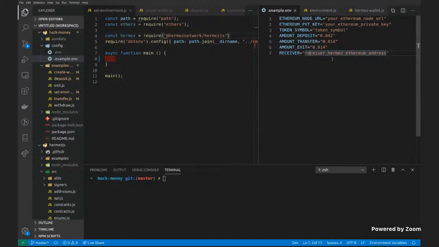So here, this is just an example. Obviously, I have my own hidden .env file. And here, what I'm going to set up is the Ethereum node URL. I will use an Infura one in this workshop. You need to set up your Ethereum private key. Which token do you want to deposit